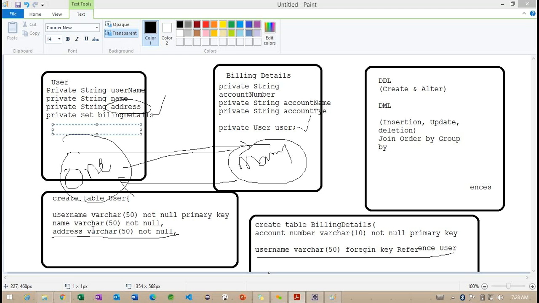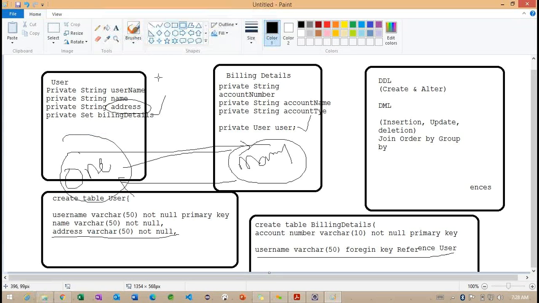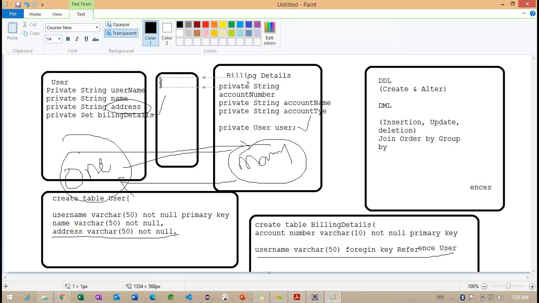Again, we need to alter the table to insert the multiple columns. Or if we are going to work with a model class, what is the model class we are going to create? If I create the address class, getting the point, we need to create one more table and join the address to this particular user.